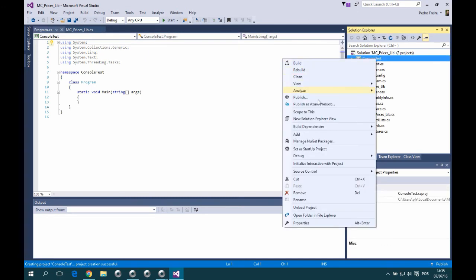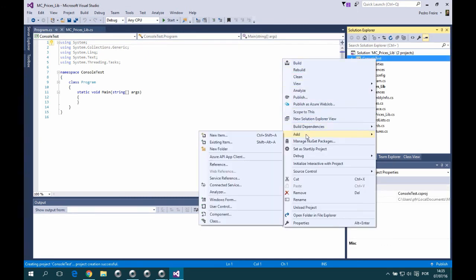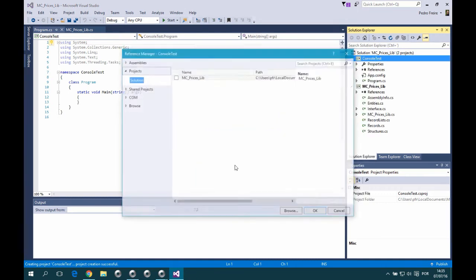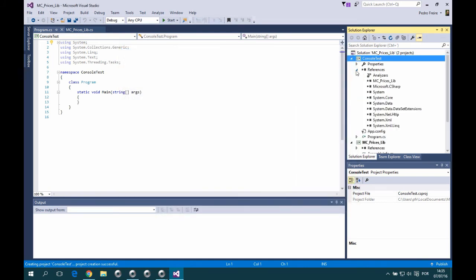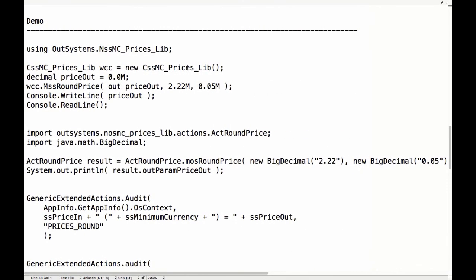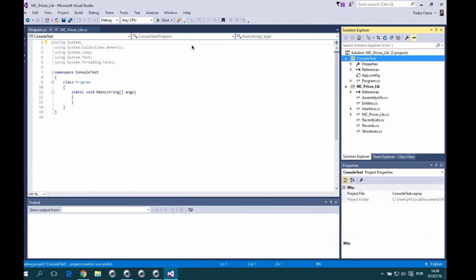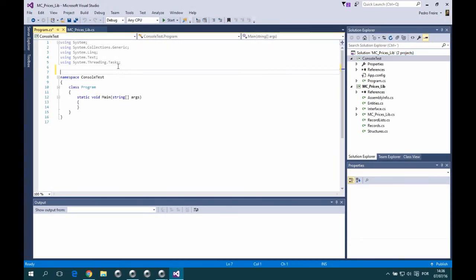And this console application will require a reference to our MC prices lib project so that we can use the function that we have defined. And this is the console application we have here, and I'm going to use my cheat sheet just to write the code for this console application